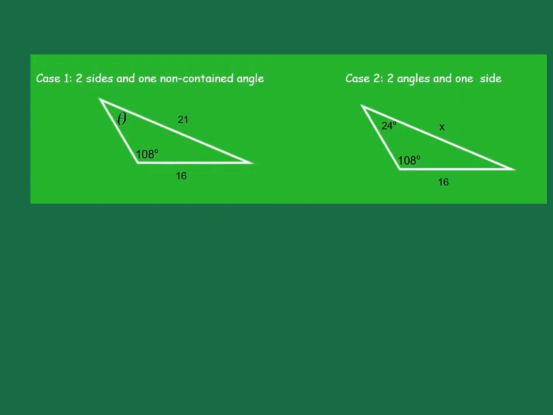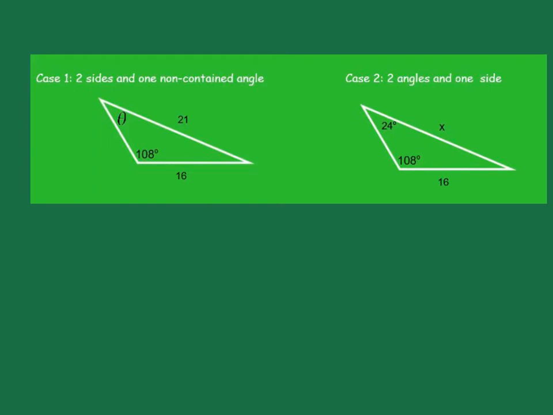The sine law is a trigonometric formula that we use to find unknown sides or angles in triangles that don't have a right angle. So SOHCAHTOA would not apply if we do not have a right angle in our triangle. One method to find our unknown angles and sides is the sine law,